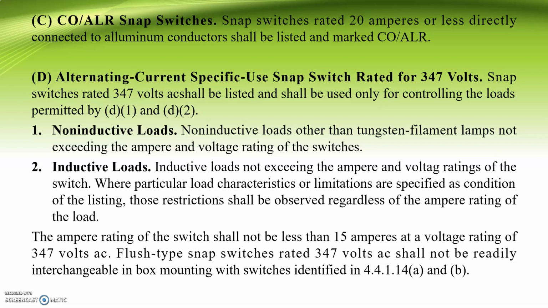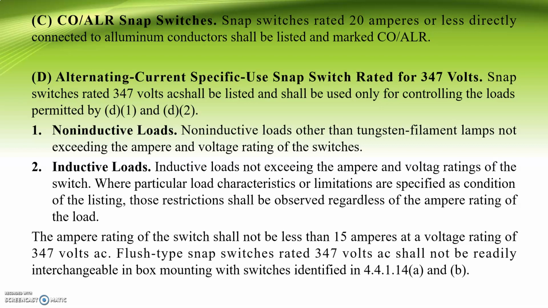So snap switches rated 347 volts AC shall be listed and shall be used only for controlling the loads permitted by D1 and D2. So 1. Non-inductive loads. Non-inductive loads other than tungsten filament lamps not exceeding the ampere and voltage rating of the switches. 2. Inductive loads. So the inductive loads not exceeding the ampere and voltage rating of the switches where particular load